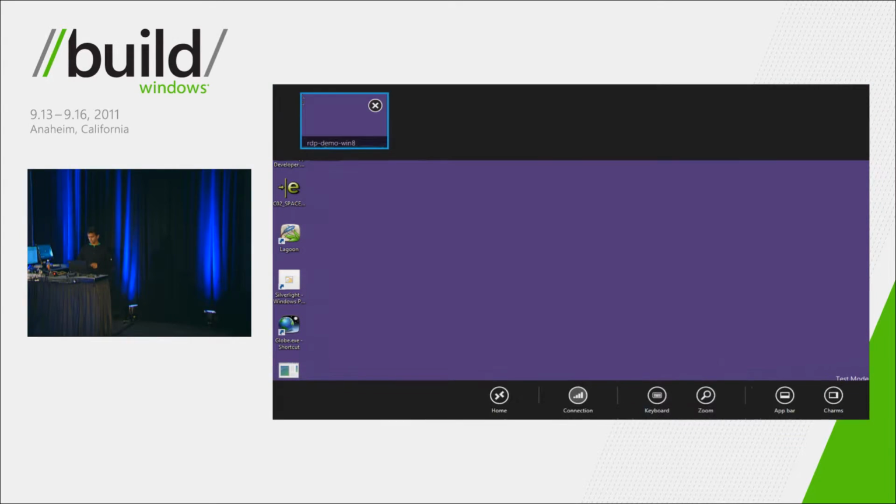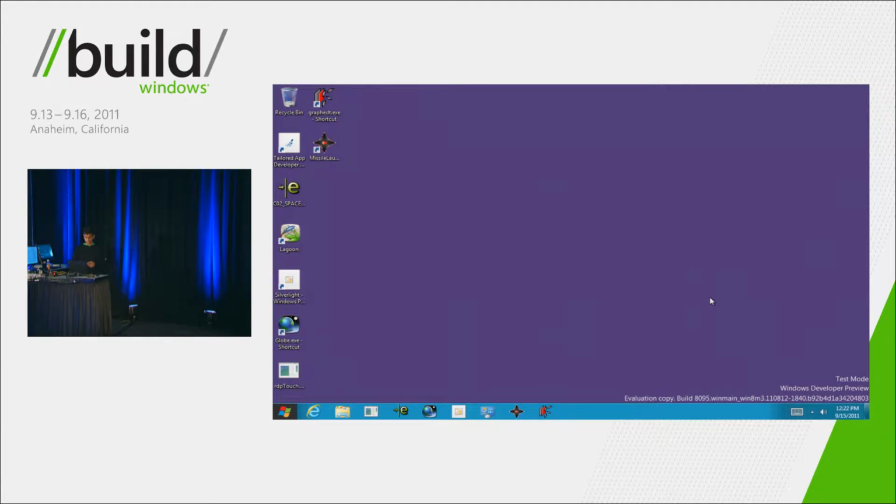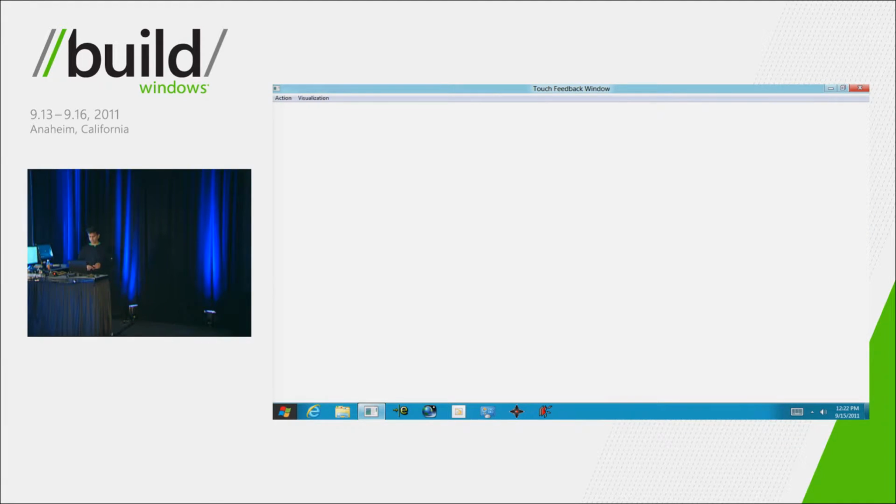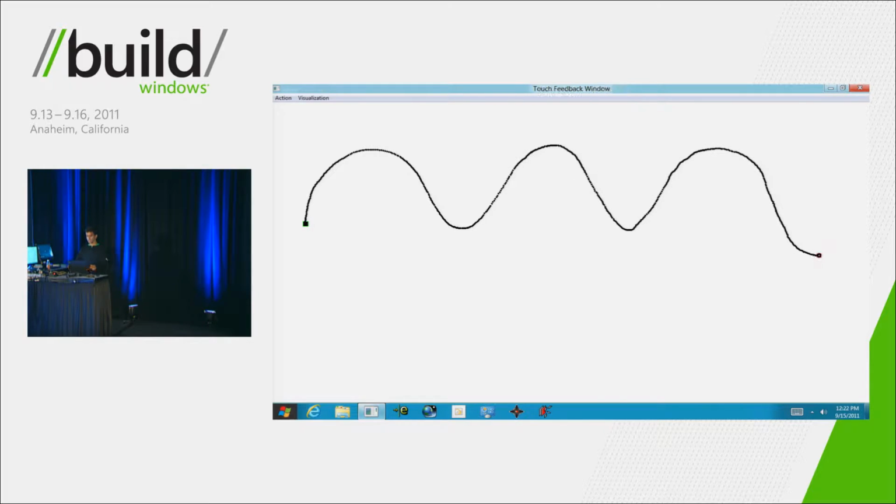Now, there are a few other icons that you see here that I'll get to, but first let's get to our apps, right? It's all about the apps. First thing I want to show you is a sample application that demonstrates our multi-touch remoting, the RemoteFX multi-touch feature. Very easily, if I swipe one finger across this, you'll notice that we're actually capturing all the